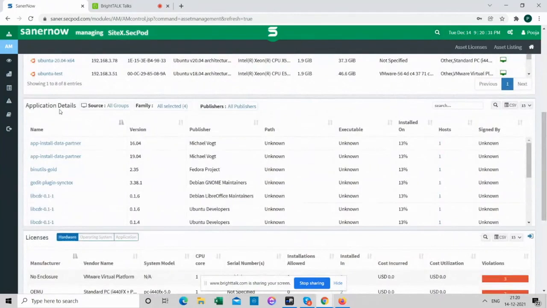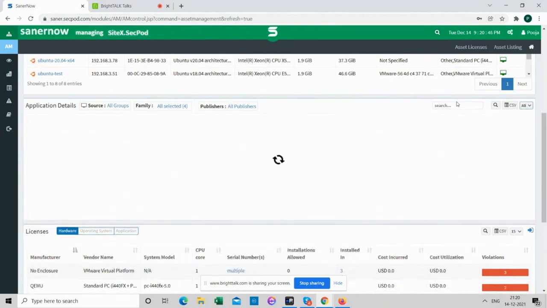So you can see application details here. This is a list of all the applications that are identified to be installed in this environment. So I would just choose all and search for log4j.